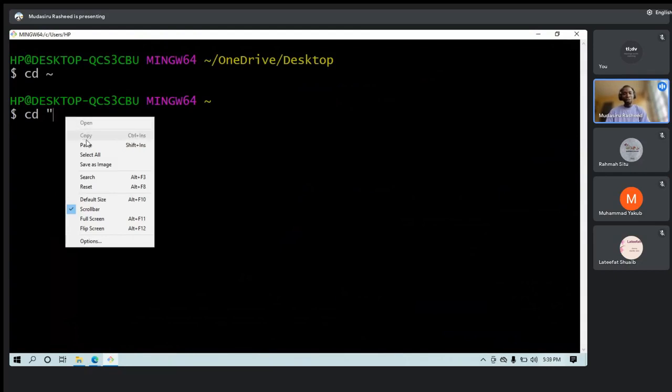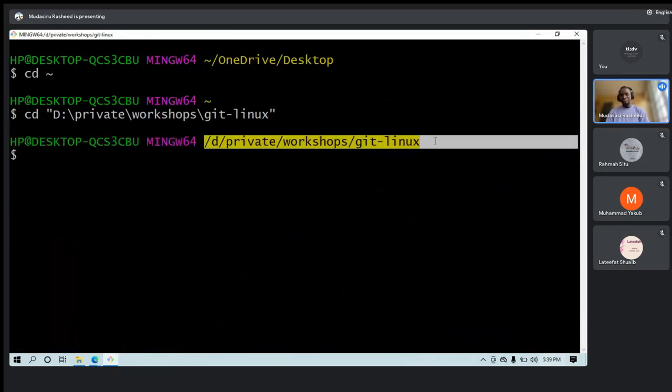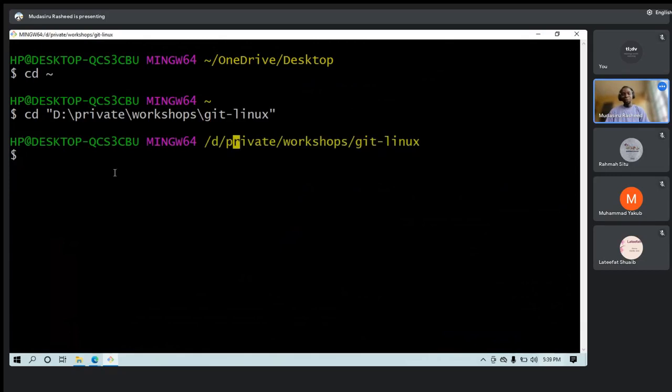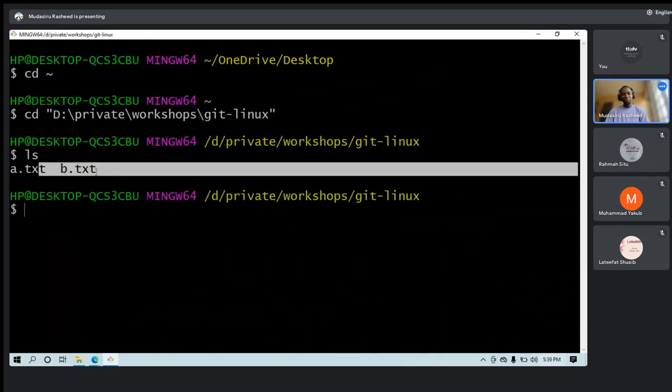To paste, you just have to right click and paste that. Then you can see that right now I'm in that particular place that I opened on my interface. So if I list this, we will be able to see a.txt and b.txt.